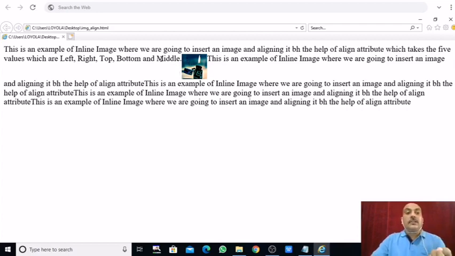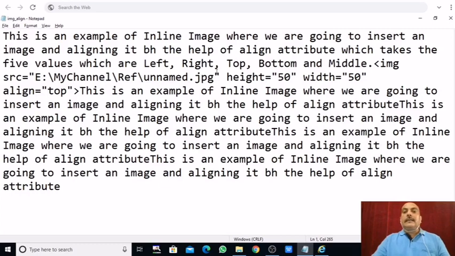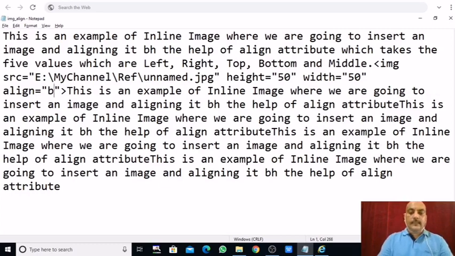So here the tallest text of that line is T, capital T, B, capital B, middle, capital M, again T. Whatever text is the longest in that line of text, it will take as a reference. So here it is top aligned, aligned to the top of the word or text or line. That's it. Now again, give it the value top, then give it bottom and see what happens.